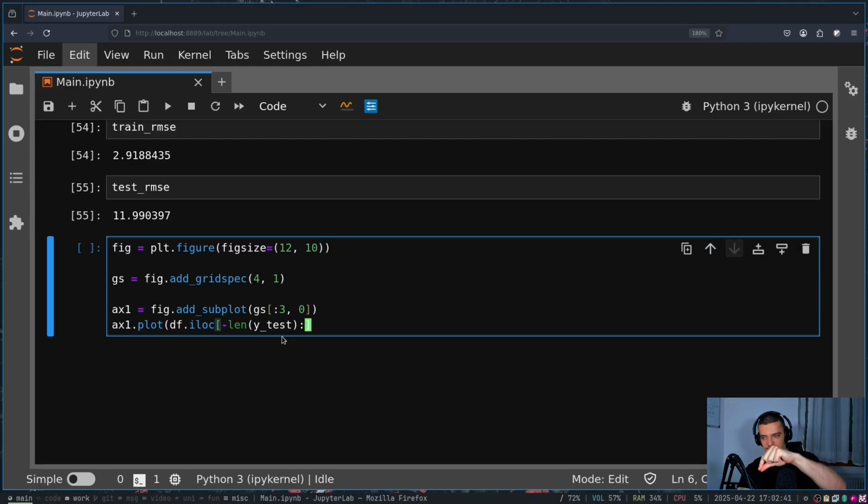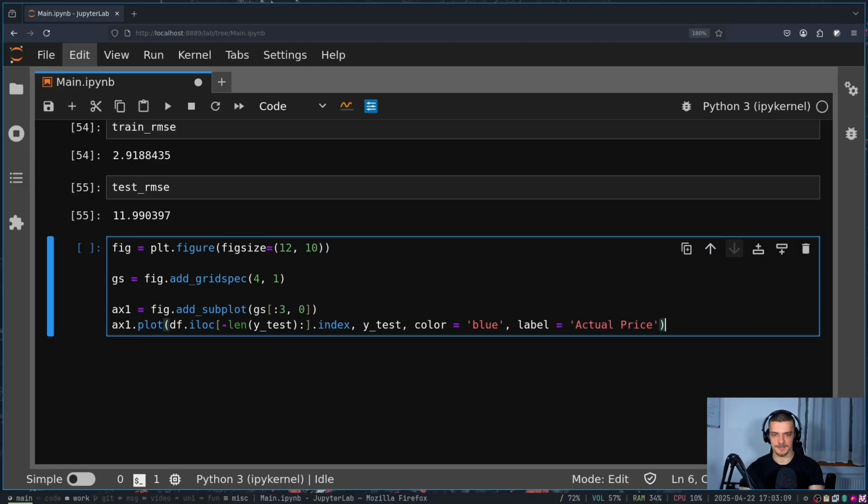So go to the beginning of the test set and give me all the data until the end. That is going to be our date, so dot index to get the date on the x-axis. And then y-test is going to be the actual price. So the actual price data for the stock. And we're going to say the color of that is going to be blue. So the actual price is going to be blue. And we're going to have the label